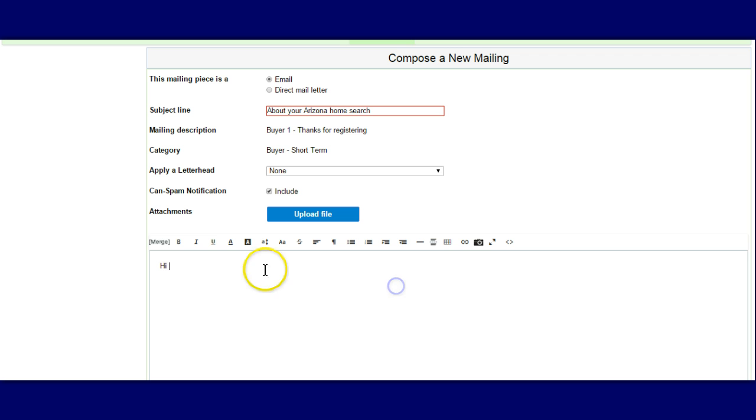So at this point, I'm going to click out so I can show you. I am going to put in a field that will pull in, every time I mail this out, the first name of that lead. And I'm just going to say something like, thank you for registering on my website to search for homes in Arizona. If I wanted to at this point, I could put in the city, but I'm not going to because